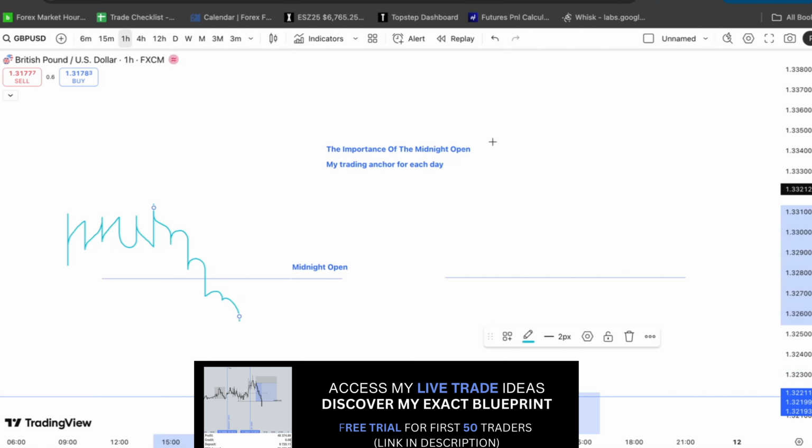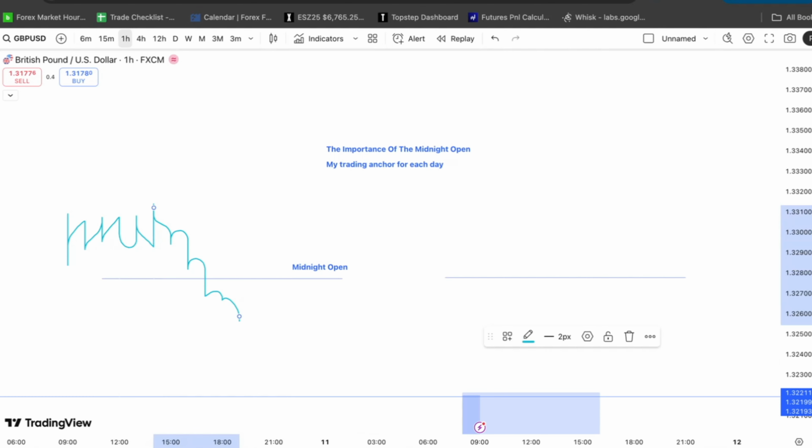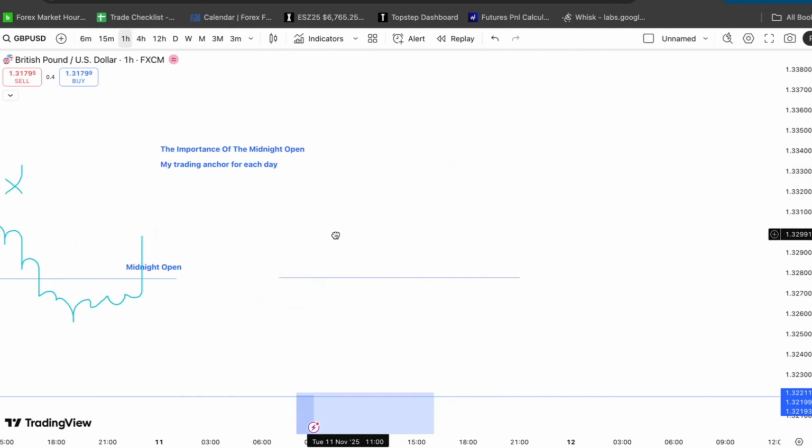So how I personally trade this, I will look on my chart and see if order flow is currently bullish and my daily bias is bullish. In a scenario like this in New York, this midnight open is acting as a huge trading anchor for my day, because any positions I get inside of here, I'm buying at a discount to then potentially take out any Asian session liquidity and any London session liquidity, going alongside with our daily buyers. So as long as the market's trading in a bullish fashion, this will be the anchor of the day for me to get my buy positions below this level. I'm going to show you some examples of this, and it works both ways.